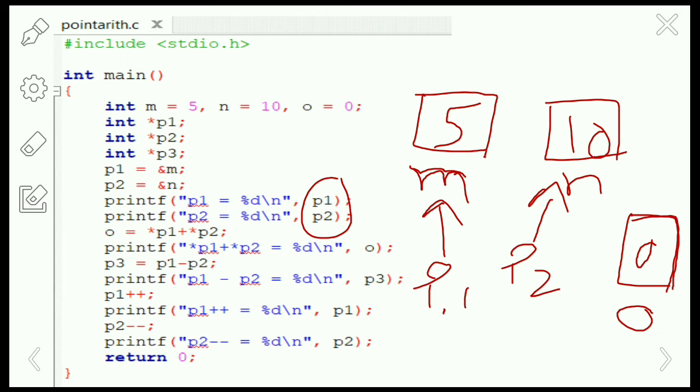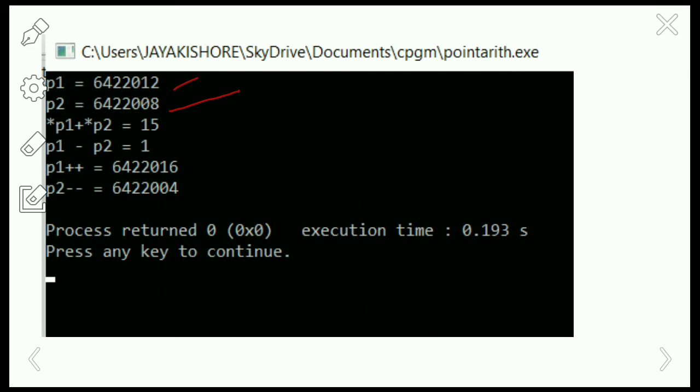Now let us see the next statement: p3 equals to p1 minus p2. We are taking another pointer, p3, which is equal to p1 minus p2. So p1 minus p2 is 5 minus 10, which gives the answer minus 5. So here p3 will be minus 5. But if you observe the answer, it will print 1, because if you perform the subtraction operation here, it will divide